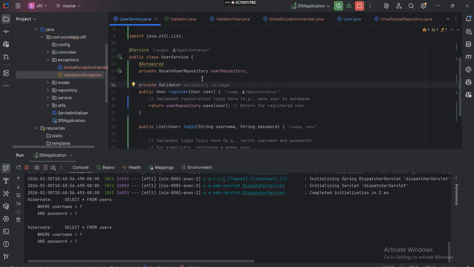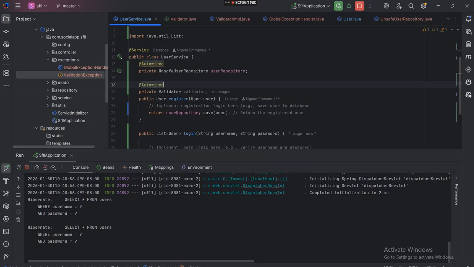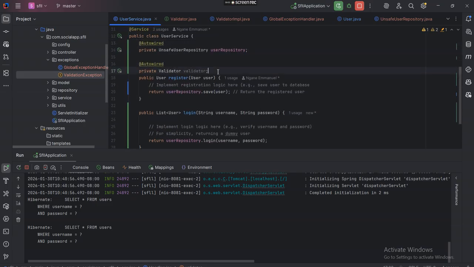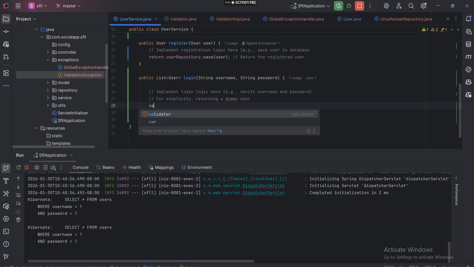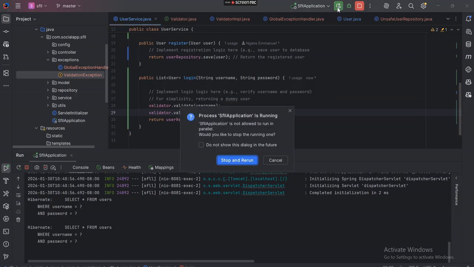Validator, right? And we can autowire this in. That's field dependency autowire. So now we have our field injection for the validator. In the login, we can validate the username, and we can also do validator.validatePassword. Okay, so if we run this particular query again,